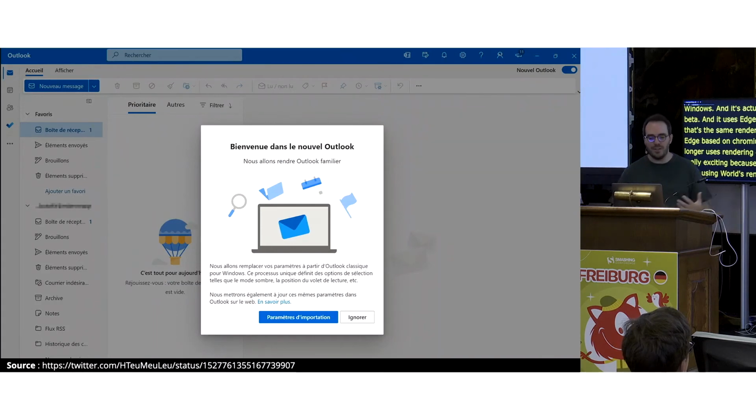And so finally, maybe we're seeing the light at the end of the tunnel, because this means that we'll be able to drop tables and use more advanced things for Outlook on Windows. It really depends on how well this is adopted and pushed by Microsoft, but this is really exciting, and I'm really looking forward to the future to try more hacks and more fun things in email clients.